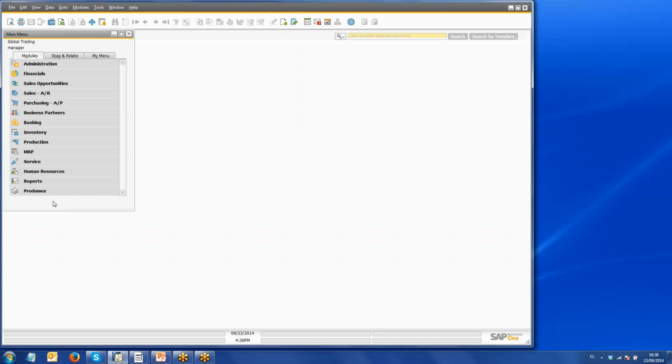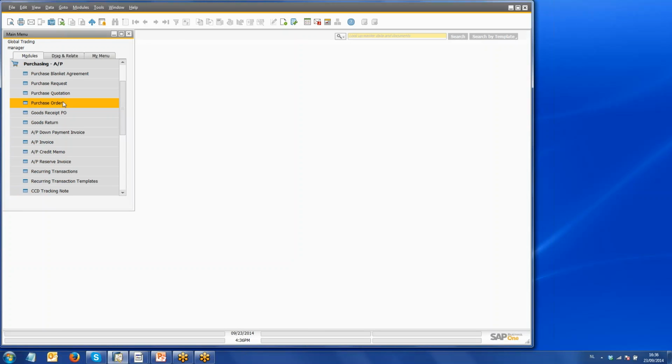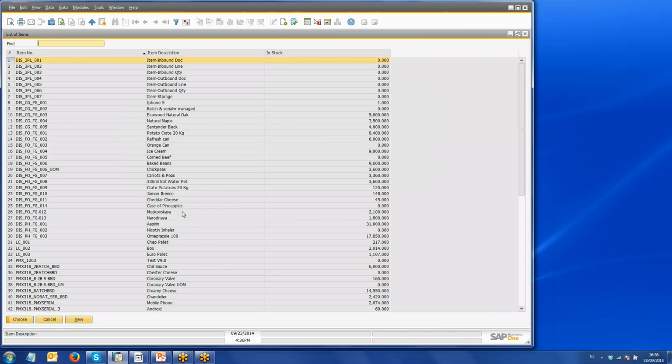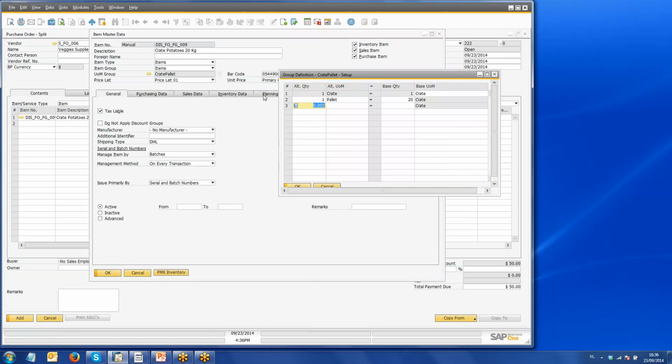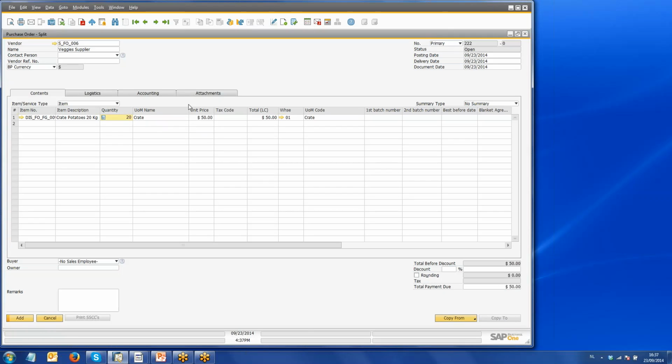Now I'll show you how we do the reception of a product with batch attributes. So I'll create a purchase order for that as well. Okay, and I'm going to choose the product. Has it got a specific quantity? Just let me check. Yes, crate pallet. So we have defined here that there are 20 crates on a pallet. So I will order 20 crates of this product, add it, and then again this purchase order is automatically transferred to the